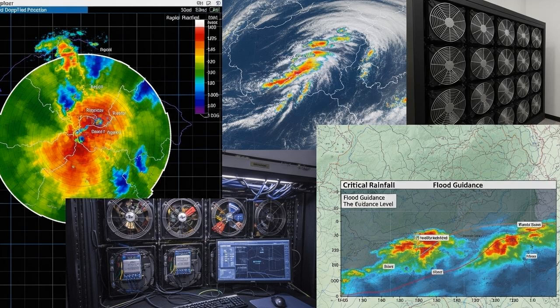Despite these challenges, our ability to see it coming has improved dramatically thanks to technology. The cornerstone of this is the Doppler radar network. Radar allows meteorologists to see inside a storm, estimating rainfall intensity and tracking its movement. Modern radars use something called dual polarization technology, which sends out both horizontal and vertical energy pulses. This gives a much more detailed picture of the size and shape of raindrops, leading to far more accurate rainfall